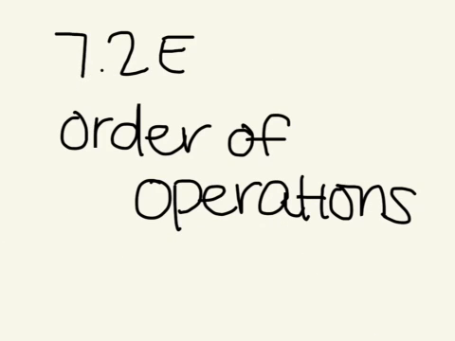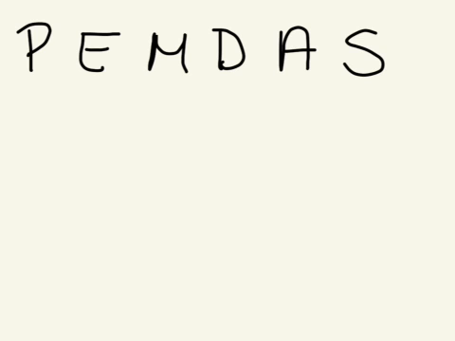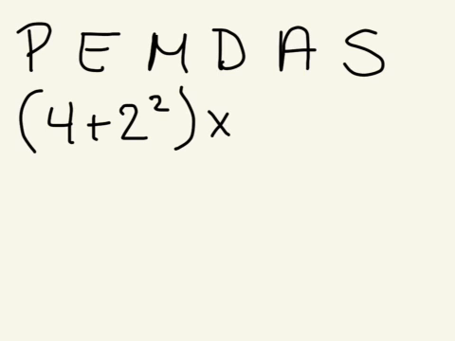Today we're going to talk about 7.2e, which is order of operations. So in order of operations, we follow parentheses, exponents, multiplication, division, addition, subtraction, also known as PEMDAS. So if I have a problem, I have to follow these rules to make sure that I'm going to be able to do these problems